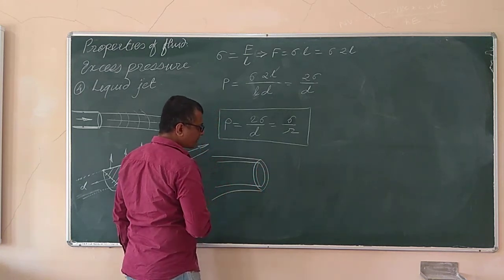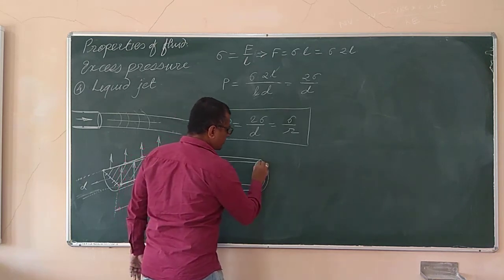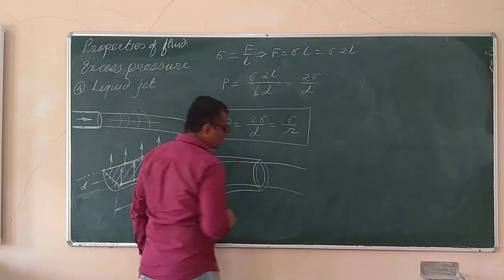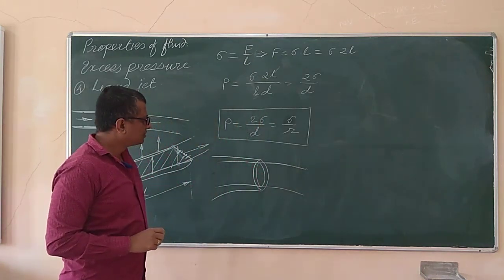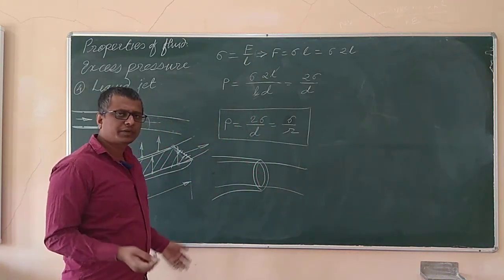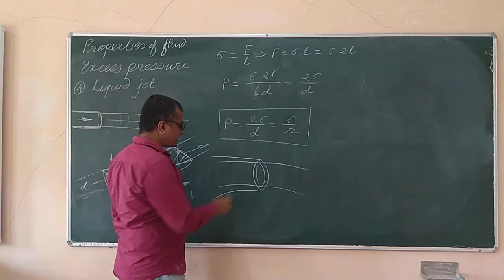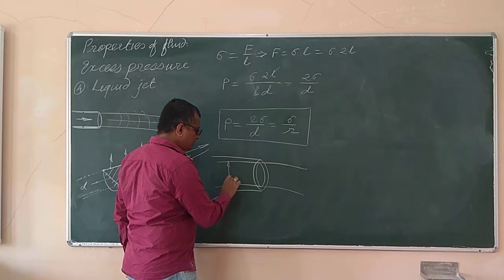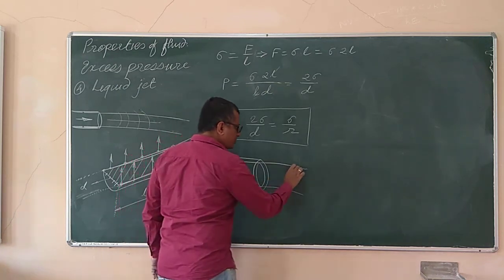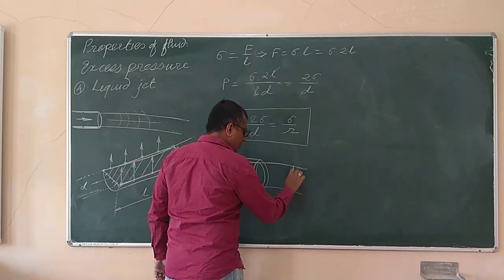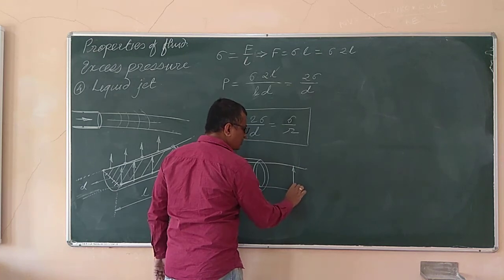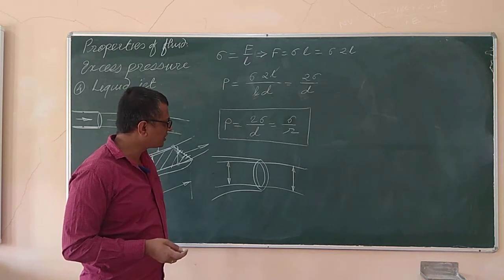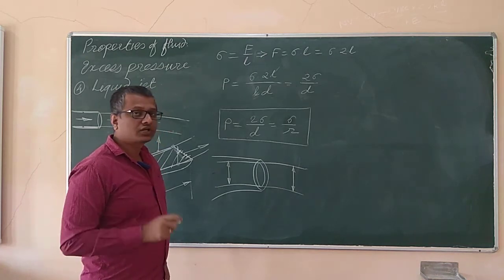So this is the thickness of the pipe. Now when water is coming out of it, if you follow the continuity equation and apply all the laws of physics, you will say that whatever the diameter of the liquid jet inside the pipe is, the same should be the diameter of the water jet outside the pipe. There is no reason to change the size of the jet. But this is not the case.